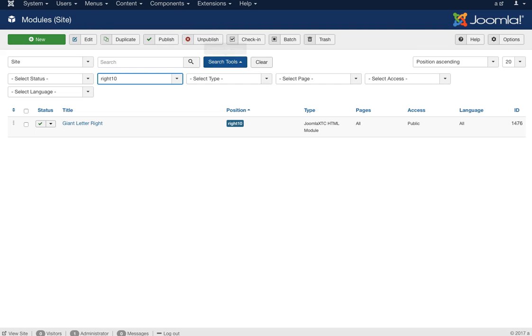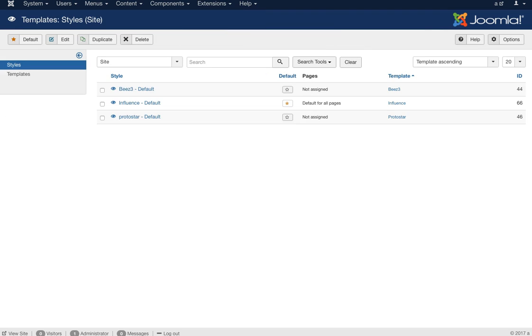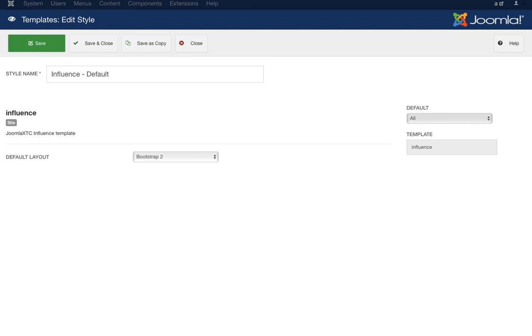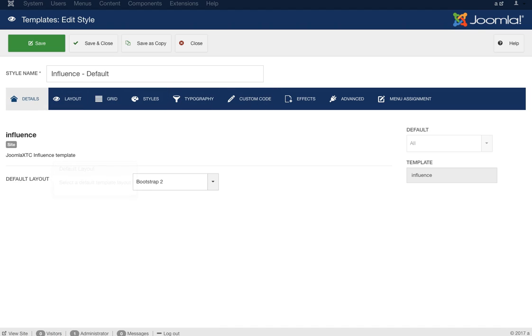So now let's jump over to the template manager. So we're going to go to templates, styles. And we're going to select the influence template. And it might take a second or two to load here, depending on your server speed. But we are calling hundreds of parameters in here that you can edit, so it does take a moment to load up and get all styled. So this is our main menu. You have your details here, default layout,